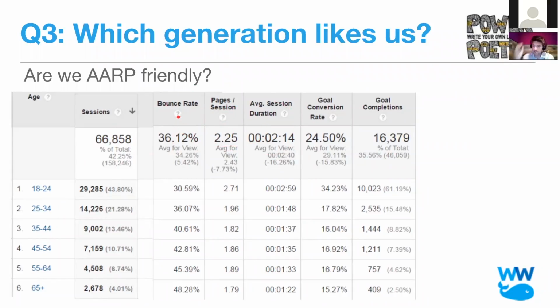So this is behavioral. When I talk about bounce rate, I love this as a behavioral metric because it's the initial litmus test of, did somebody come to one page and immediately leave? And if they're doing that, that means you didn't necessarily have what they were looking for. And so we can use that as a proxy for whether or not they liked you.